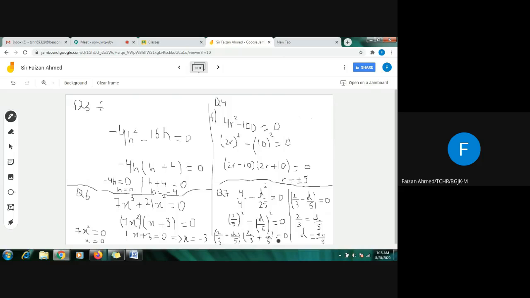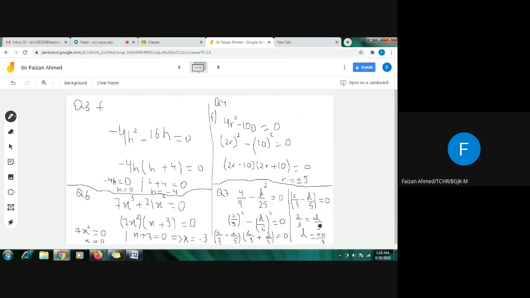So now I have factorized this. So I will now just put one by one the brackets equal to 0. I have only solved one bracket for you. You will be solving the next bracket by yourself. And I have solved this bracket. This d upon 5 is negative. When it will go on the other side, it will become positive d upon 5.